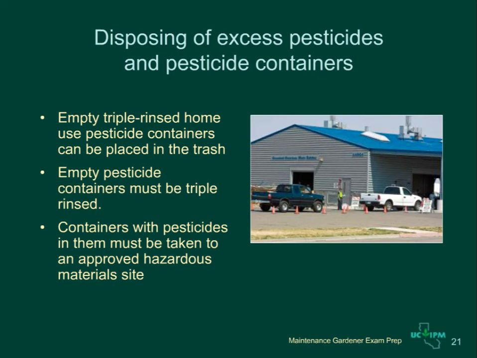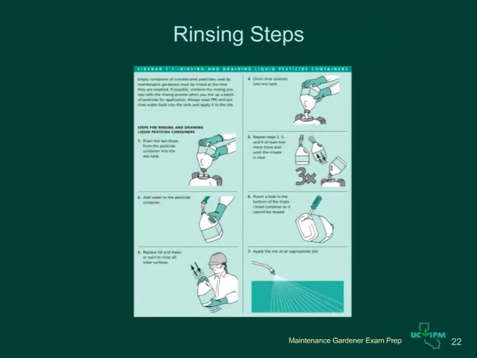Unused pesticides should not be poured down drains. You can find the location of the nearest hazardous waste dump by checking with your agricultural commissioner. Empty containers of concentrated pesticides must be triple rinsed before you place them in the trash. Ready-to-use containers, such as squirt bottles, don't need to be triple rinsed. Always wear goggles and gloves. Where possible, combine the triple rinsing with mixing up your last spray from the container. Use the rinsate water as the dilution water for your spray.